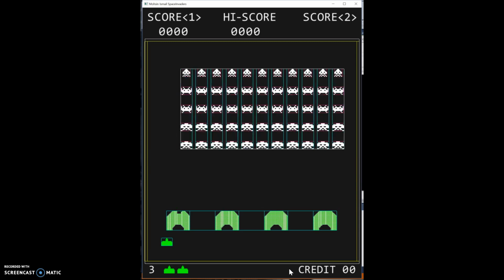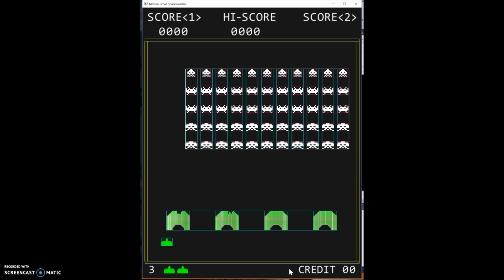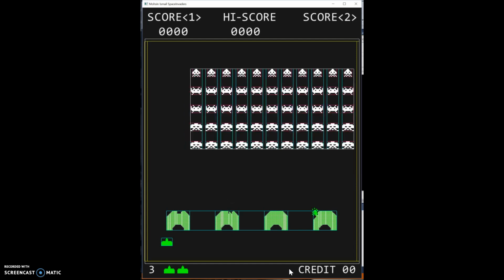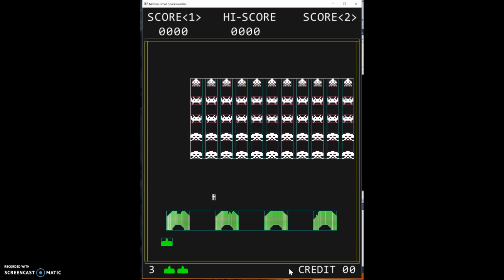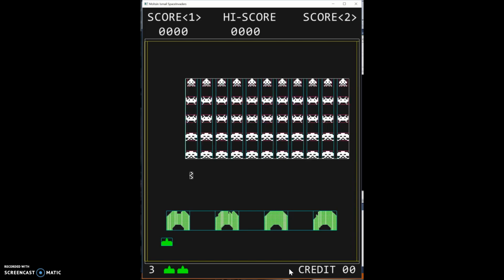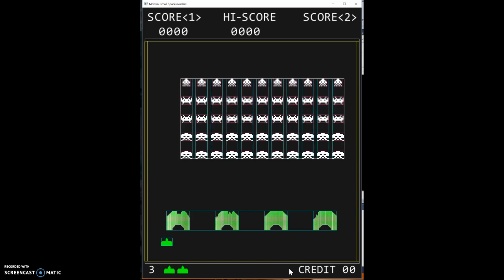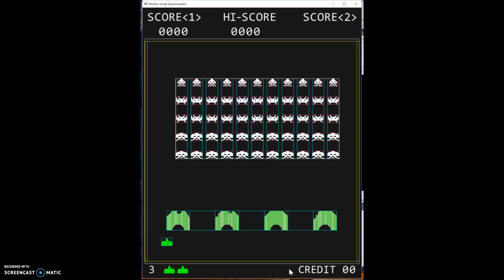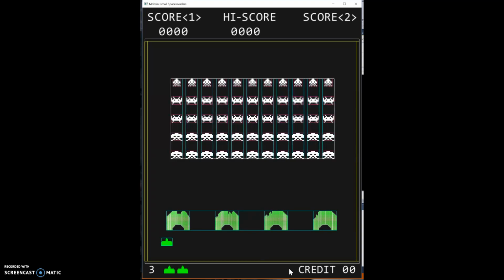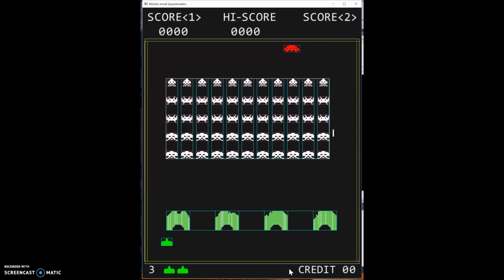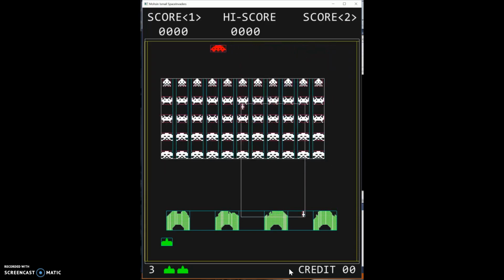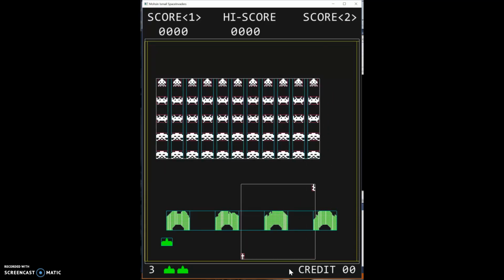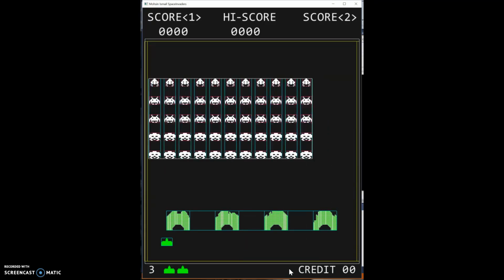Now I'll start with the alien grid. Here I have a 5x11 grid of aliens. The bottom two rows are octopuses, the next two are crabs, and the top one is squids, and all the sprites for each of the specific types of aliens are proportioned exactly how they should be. So the crab is a little bit smaller than the octopus,